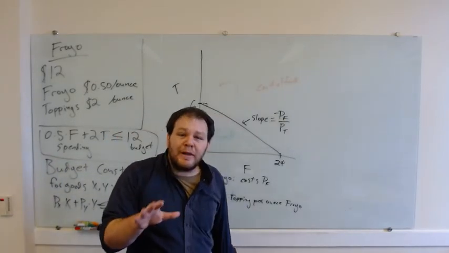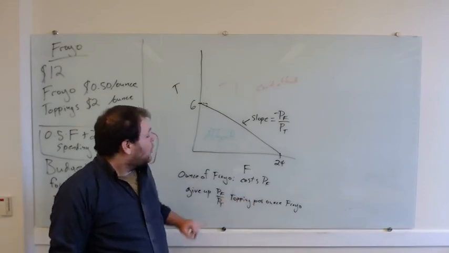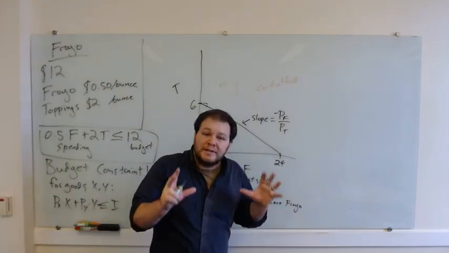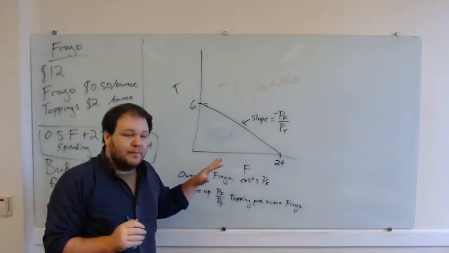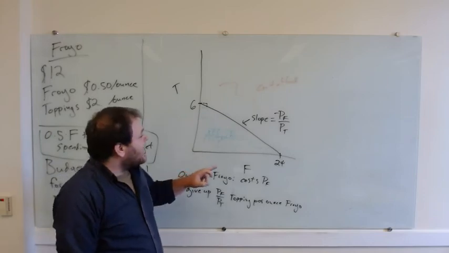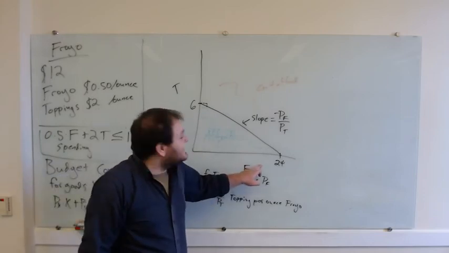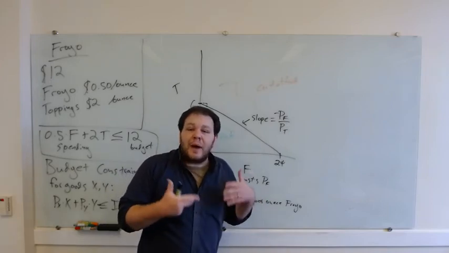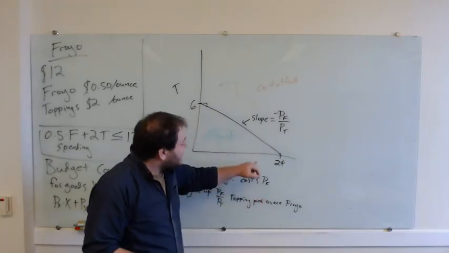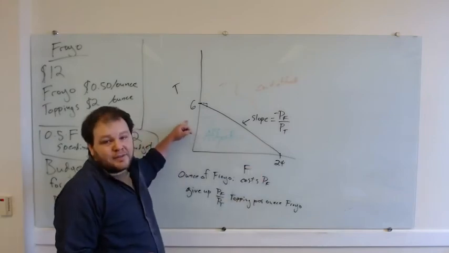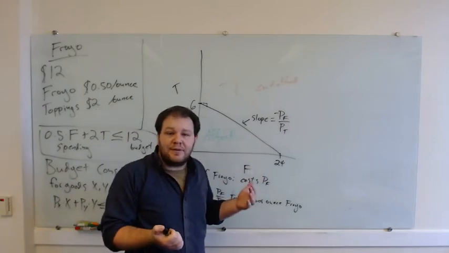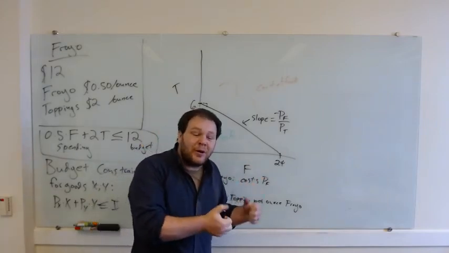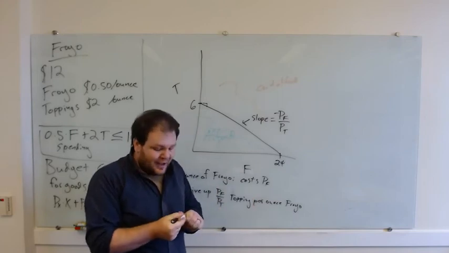Now, the reason I'm belaboring this a little bit is because this point here, right, that the slope is the cost of froyo in terms of toppings, is really crucial. It's a crucial insight about budget constraints. And that insight is that the cost of froyo is not the price of froyo. It's not the number of dollars you give up, because dollars are just a way of getting toppings and froyo. What you really give up to get an ounce of froyo is toppings, right? And in particular, you give up a 1/4 ounce of toppings. So the cost per ounce of froyo is actually a 1/4 ounce of toppings,